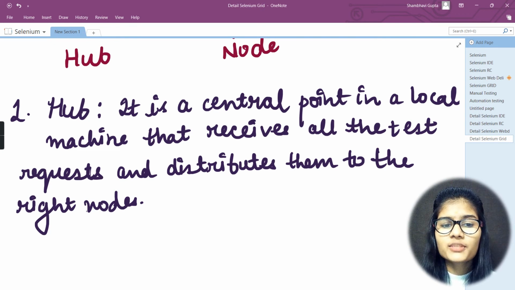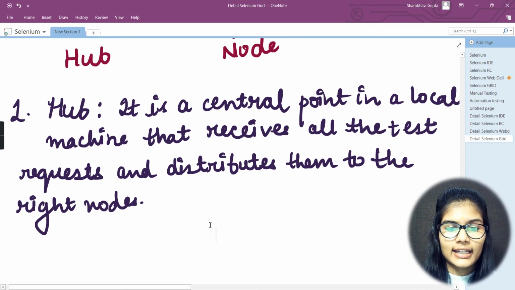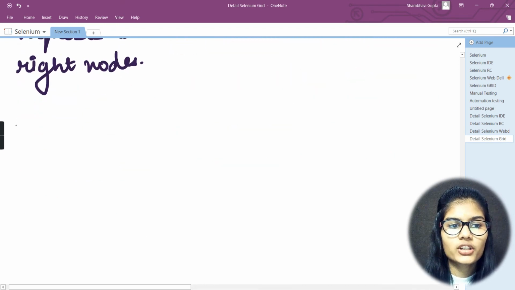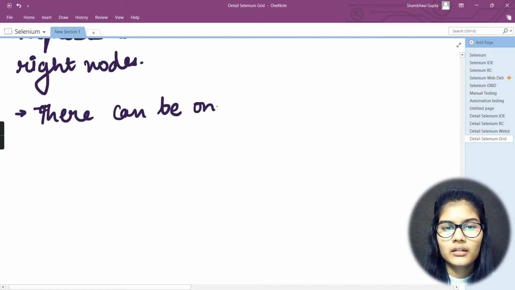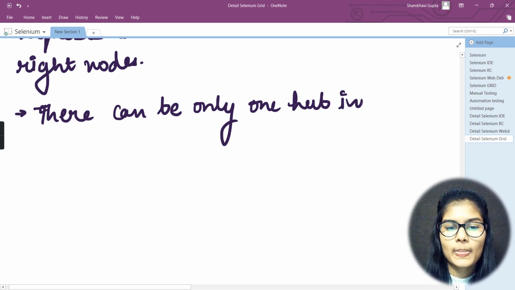So the machine which actually triggers the test cases is called a hub, if I say it in very simple language. Next, a very important point: there can be only one hub in a Selenium Grid.